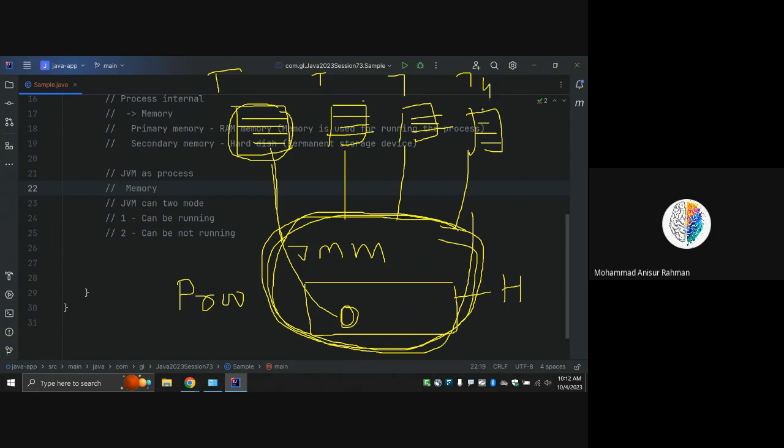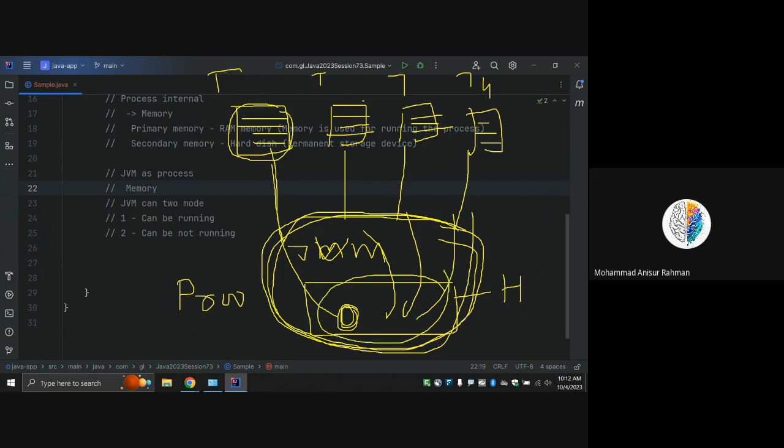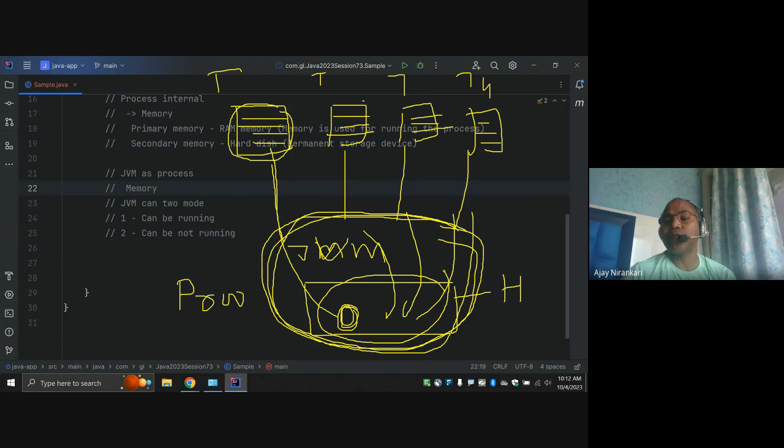Whenever each thread runs on the CPU, it requires memory, and that memory is the same memory the JVM has. So all threads share the same memory, and that memory is known as the heap memory. That makes sense?